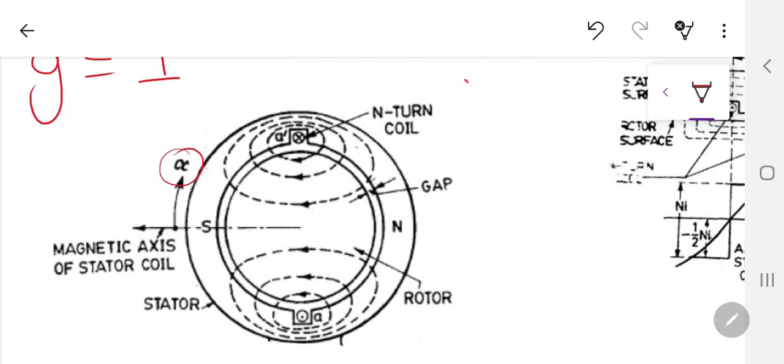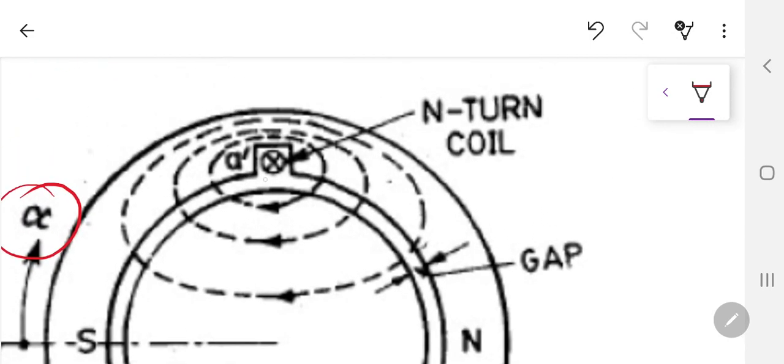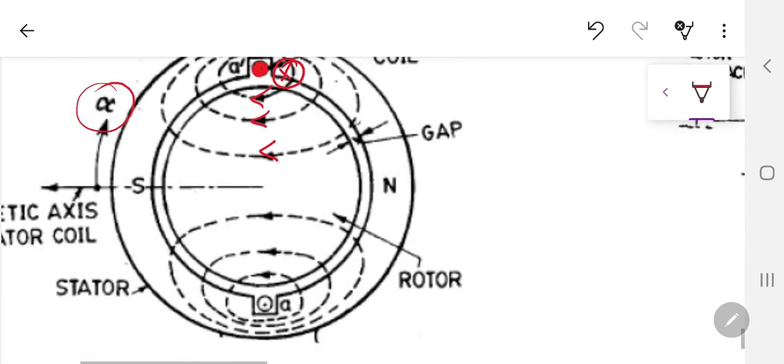Now, if I zoom in, there is an A dash conductor, and inside this A dash conductor, as you can see, there is a cross, which means that the current is going in. If you use your right hand rule, with the fingers curled according to the configuration, these are the directions of the magnetic field which are going to be produced. And if I move to the lower conductor, there is going to be a dot, and if you again use the same thumb rule, with the thumb pointing out in the direction of the current, this is the direction of the magnetic field which is going to be produced.